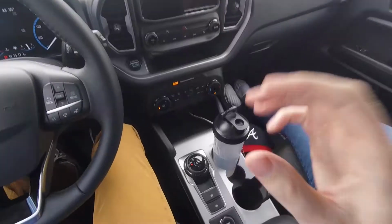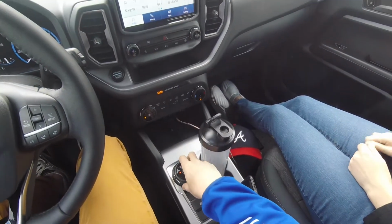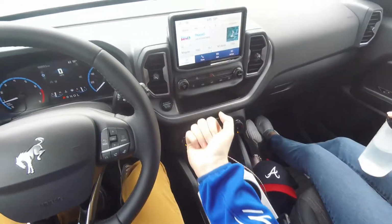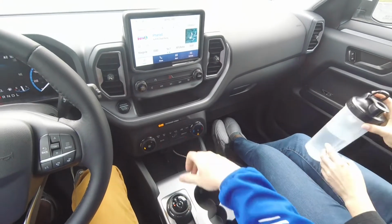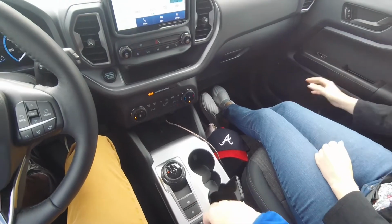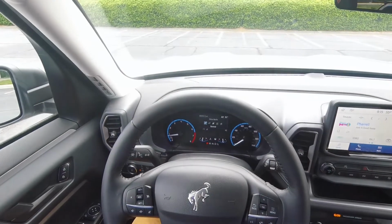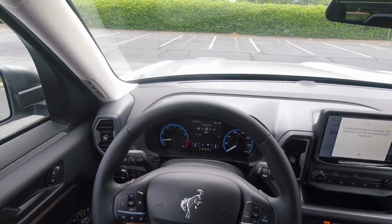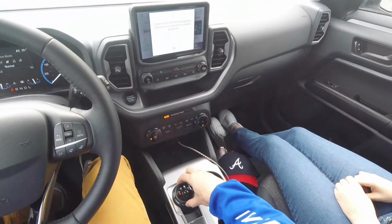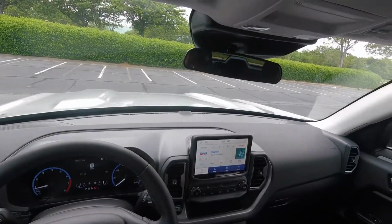All right, so first impressions, if we look down here, hopefully you guys can see everything. Got our gear knob instead of a gear lever or any kind of center console shifter. They've gotten rid of that. You got your GOAT modes, which is go over all terrain or any terrain. So you got a couple different modes there. I'll do a full review and go through everything on that. We just been keeping it in normal. But yeah, so we'll put it in drive and go through